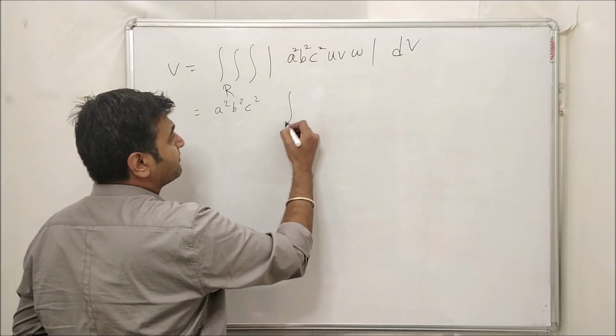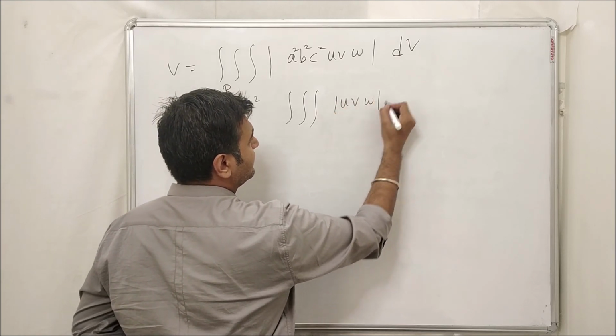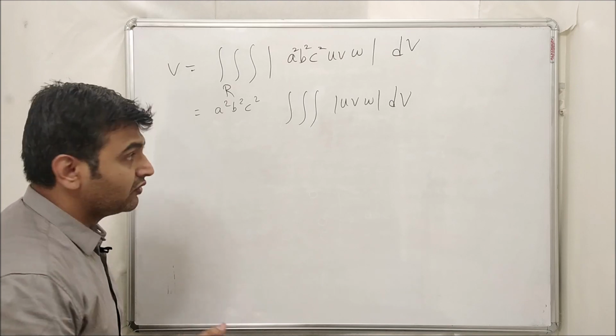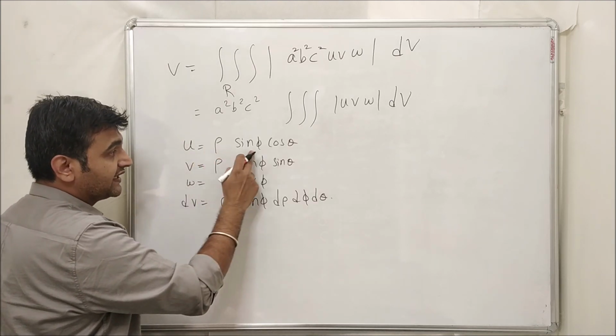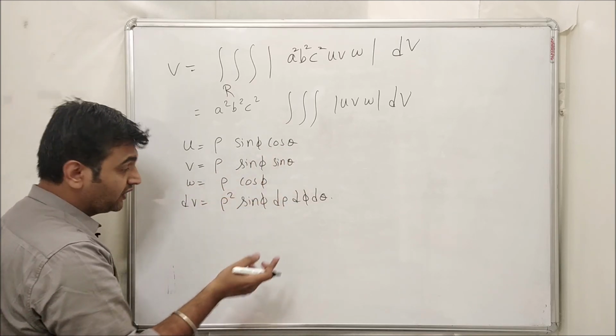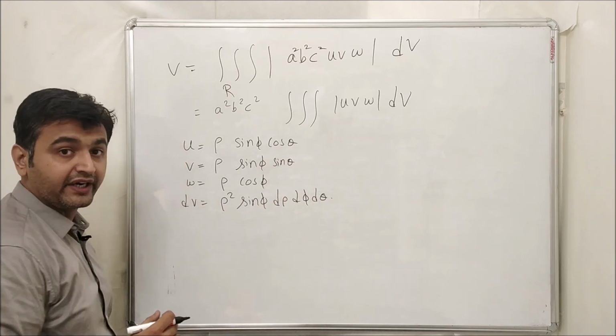Whenever you have a sphere, you go by spherical coordinates. So let me write down this over here, dV, where dV is one of the du, dv, dw orders. Okay. Now for spherical coordinates, what do you do? Your u is rho sin phi cos theta, v is rho sin phi sin theta, w is rho cos phi. Your dV is what? You replace this by the Jacobian into this triplet.